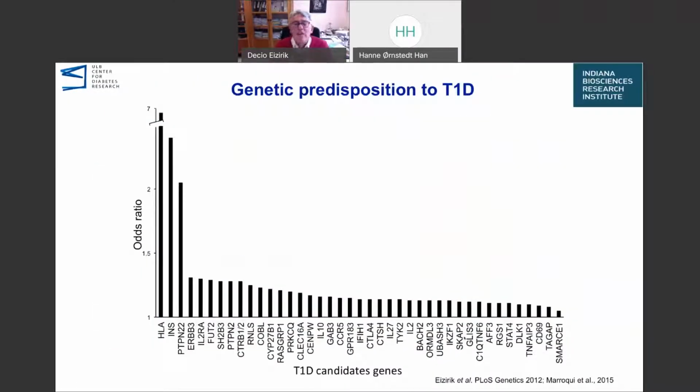So one of the reasons that led us to propose this hypothesis, that beta cells are not inert victims of the immune system but are active participants in the disease, is that when we look at the candidate genes for type 1, and there are more than 50 regions today, people usually assume they are all related to the immune system. However, when we cross these candidate regions against the RNA sequencing that we have done of human islets of Langerhans,